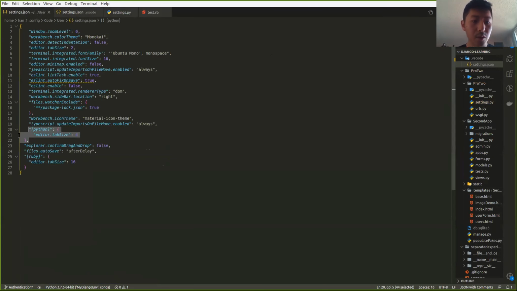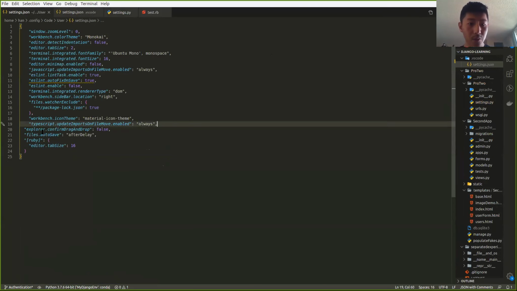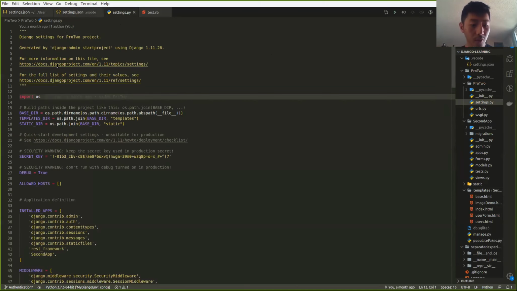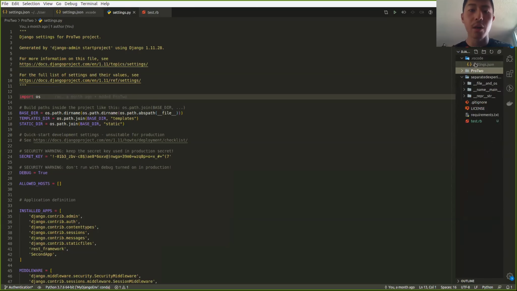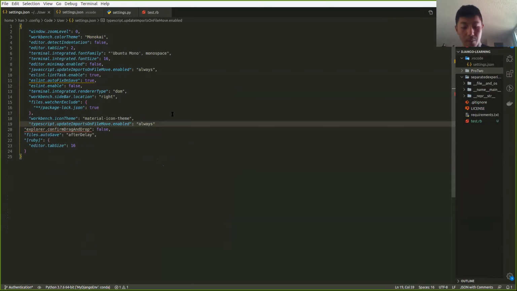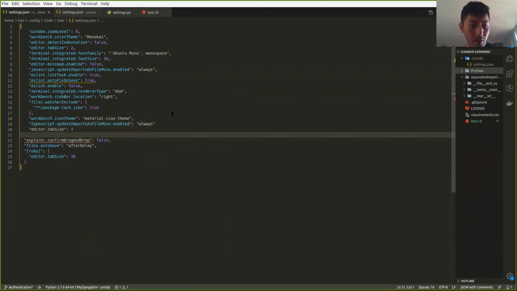Let me see what's going on. If I remove this, okay, now it's 16. So yeah, it doesn't seem like this project specific settings.json file overrides the normal settings.json file, but